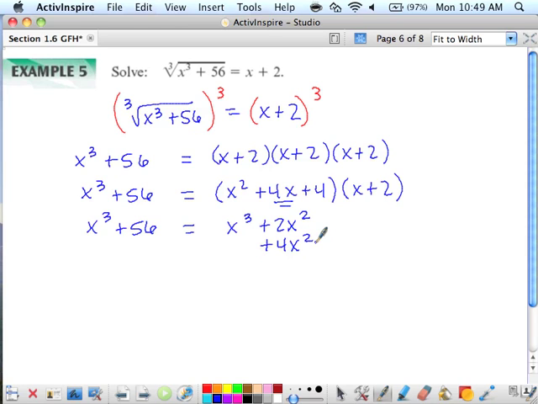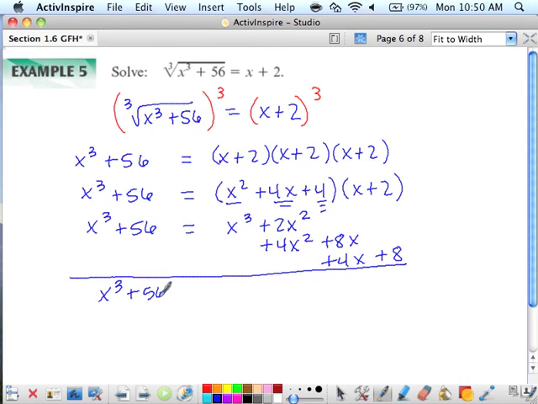Now we stay on the 4x and multiply it by the positive 2. 4x times 2 is positive 8x. So I've already distributed the x squared. Now I've distributed the 4x, and I have the 4 remaining to distribute. 4 times x is positive 4x, and 4 times 2 is positive 8. So if we tally all of that up, we get the cubic equation x cubed plus 56 equals x cubed plus 6x squared plus 12x plus 8,